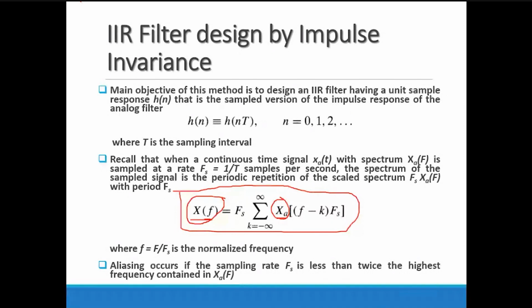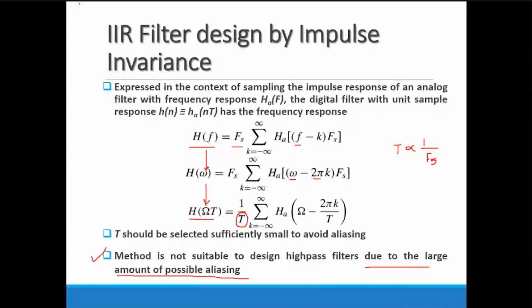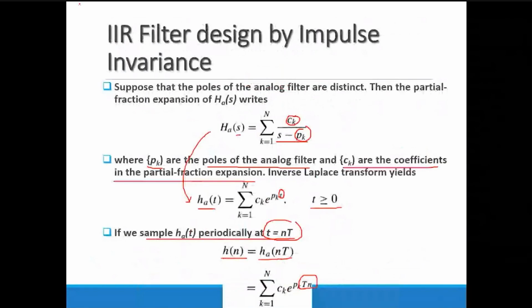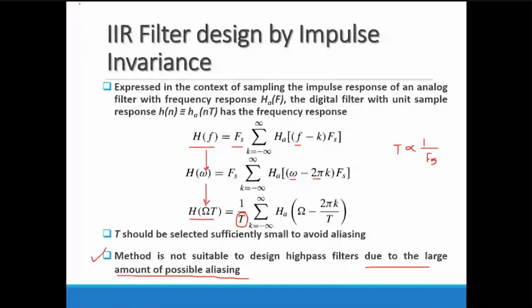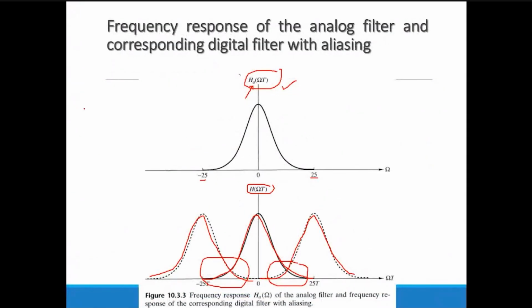Okay, just a second, I am getting another query also. If T is greater than 0 and fs tends to infinity, can we use it for a high pass filter? Yeah, this is for the generalized case. Which equation are you telling about, Ekta? Sir, this graph, the previous slide. Sir, as you said, as we increase T, this overlapping will increase, leading to more issues. So if I tend T to 0, then my overlapping will be minimum, and in that case my sampling frequency fs will tend to infinity. So I can use it for a high pass filter in that case.